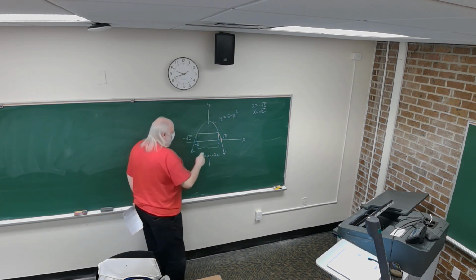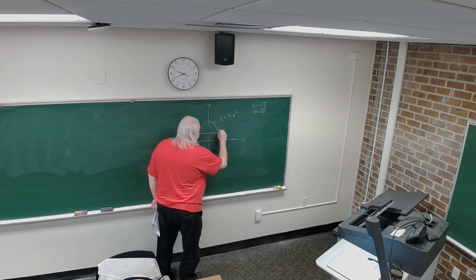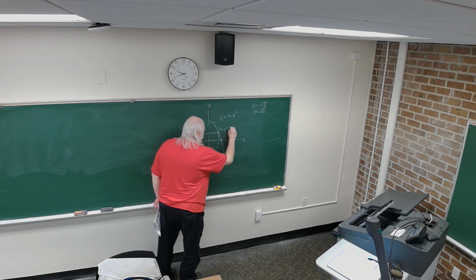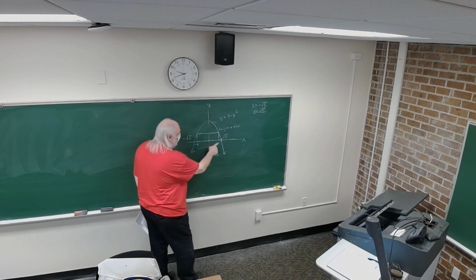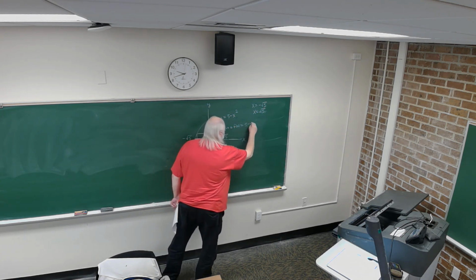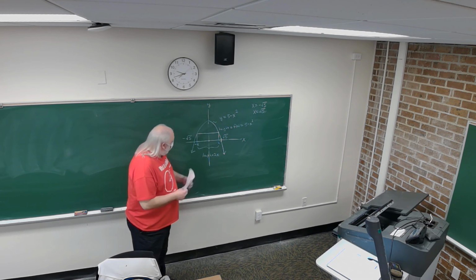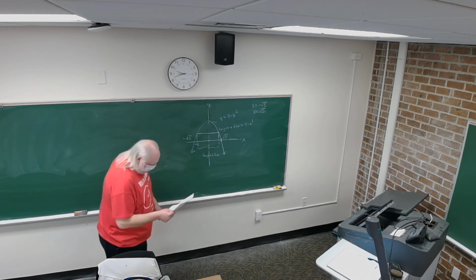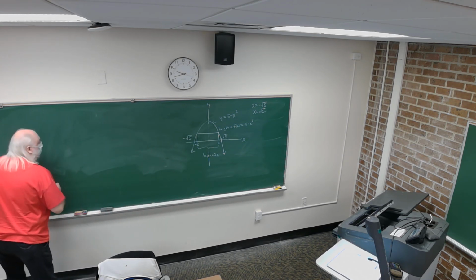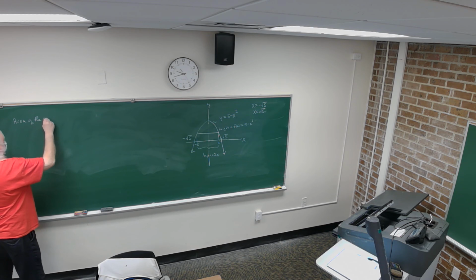The height of the rectangle is equal to the value of the function at that value of x. So the height of the rectangle is equal to the value of the function at this value of x, which is given by 5 minus x squared, right? That's the equation of that parabola. So we know what length times height is now in terms of x. So the area of the rectangle